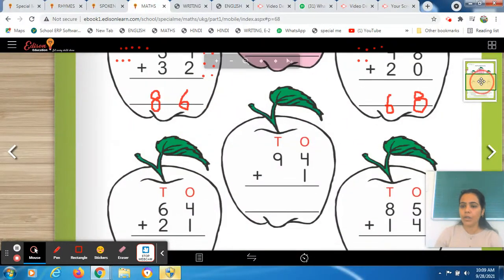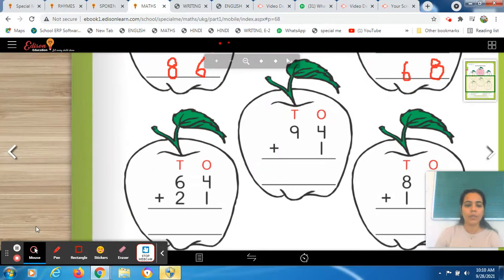Firstly, I want you to do it first by yourself, and then I will tell you the answer. So this one you have to do by yourself. I am giving you some time. Firstly, solve this sum. In the same way, do it with the right hand side, then with the left hand side, and tell me the answer. Then I will check if it is right or wrong. I'm giving you at least 5 minutes. Okay. So please complete this sum, and then I will check.